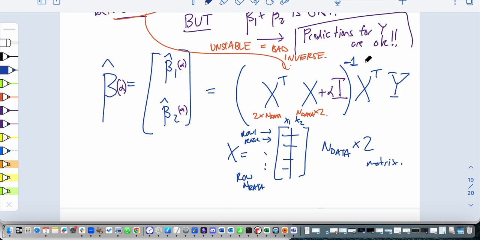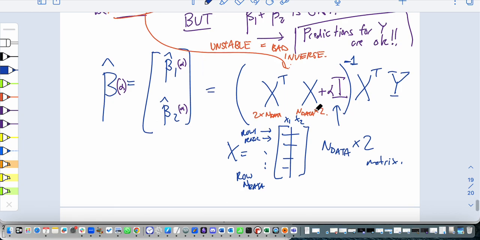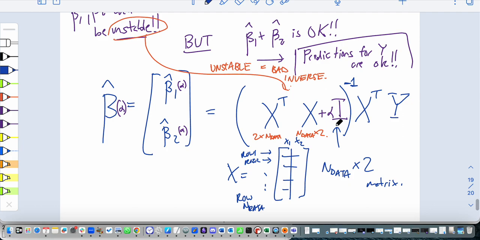So it goes from being a 2 by 2 matrix that has a determinant near 0, maybe. You're adding on alpha to it. That makes it easier to invert. It makes all the eigenvalues go up by alpha. It makes it easier to invert. It makes the condition number better. And that makes everything more round. And I'll show you a picture of what this looks like. So that's algebraically, when you add on alpha, when you do ridge regression, the inverse gets easier to do, and